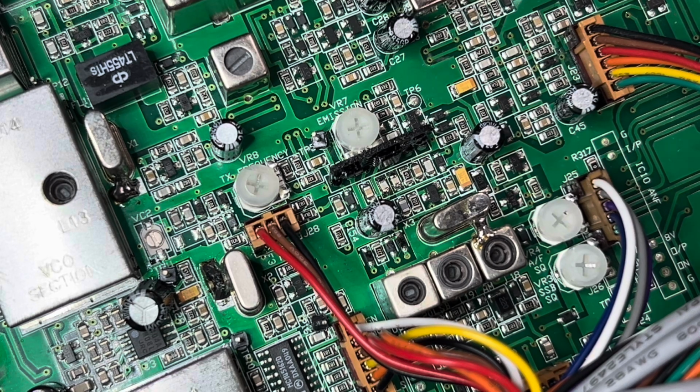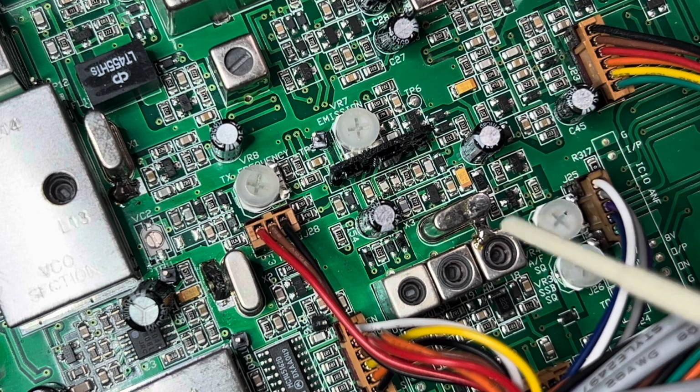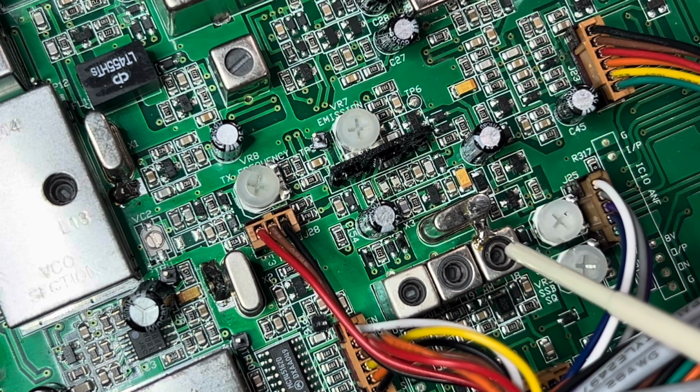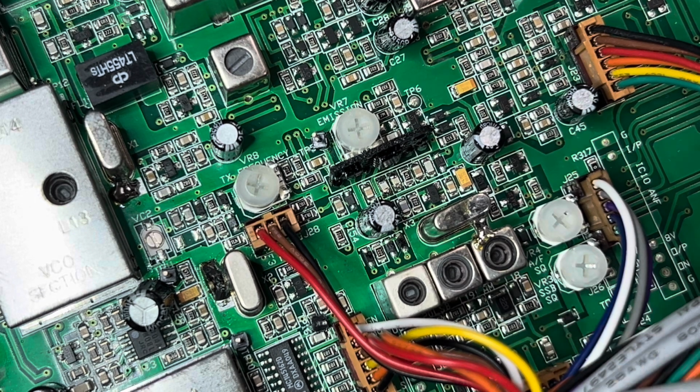Don't go in and mess with any of these settings if you don't have the equipment and the knowledge. Don't do it. You're gonna mess the radio up, all right? I'm only showing you this because some people bought these and I feel bad because it shouldn't come like that from the factory. So just don't go in there, don't touch nothing, only these 3. And usually the AM is right on, and upper sideband usually is not too bad, but it might need a tweak. And lower sideband, again,